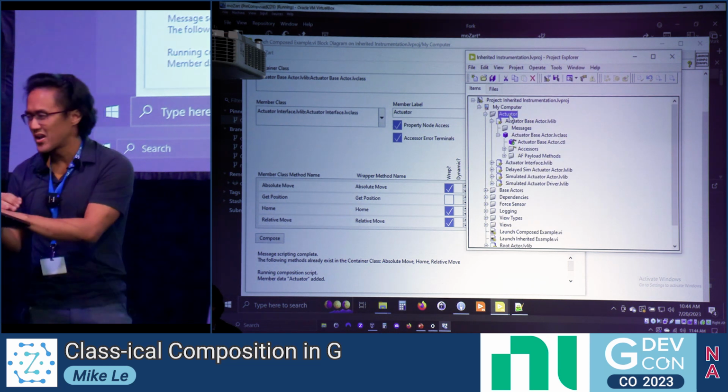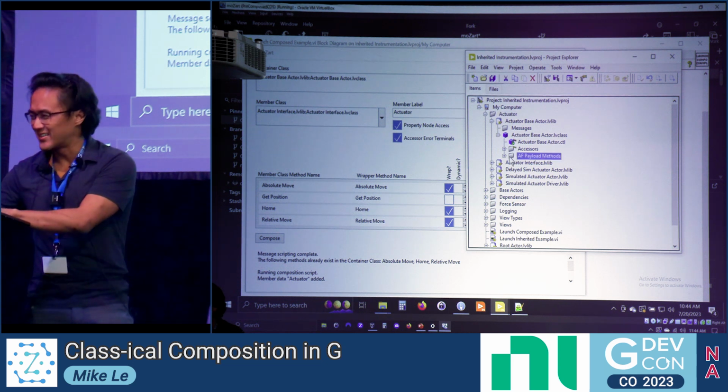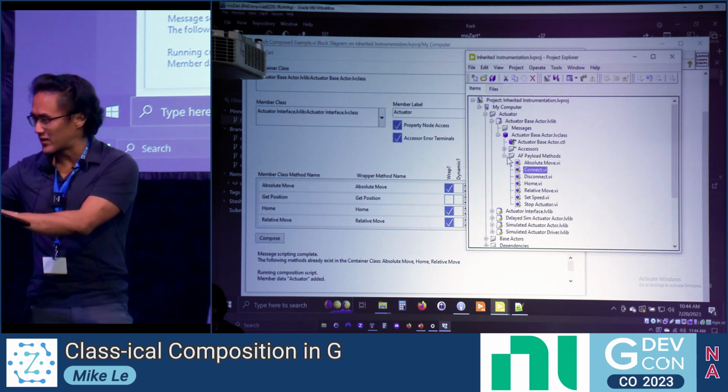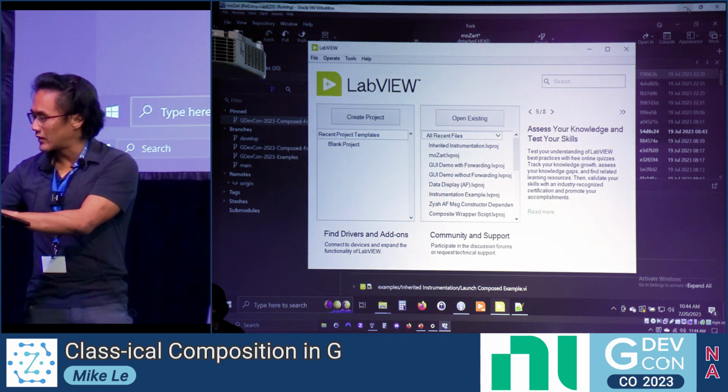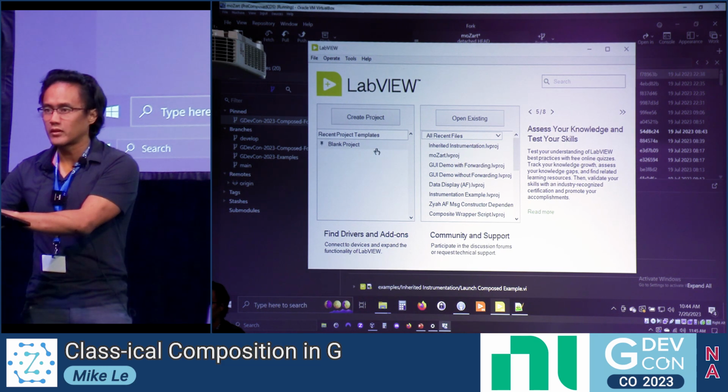So that's my hiccup, but I promise it works. You can see the methods scripted, but they were already existing. So I don't think I have time to reset the VM and do that again. So I won't. Instead, I will turn it over. Any questions? If there are no questions, then I could reset and do it again.